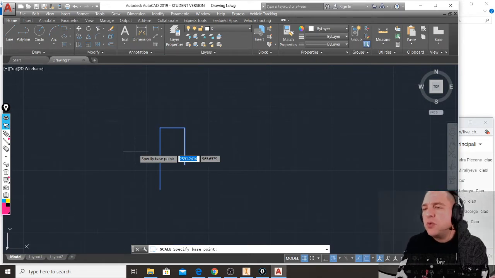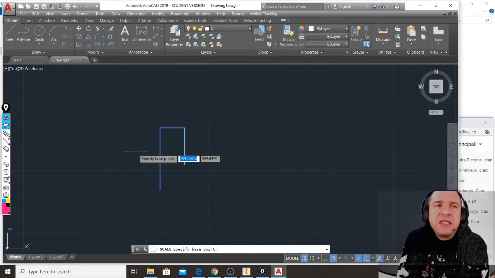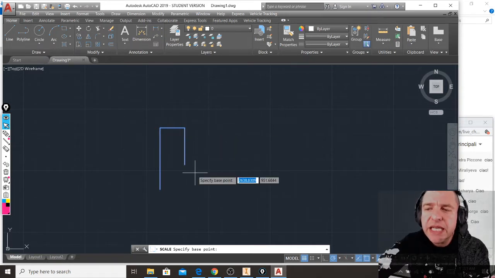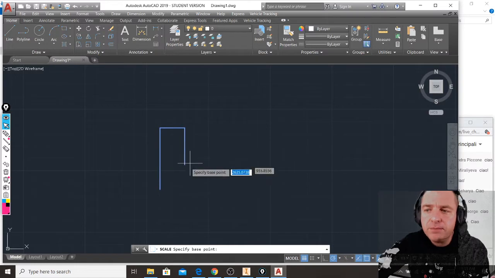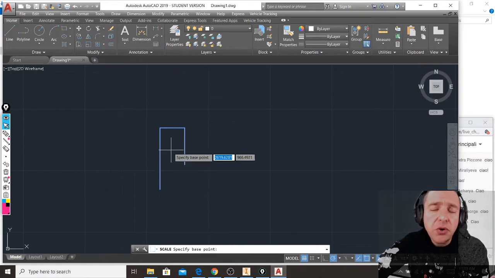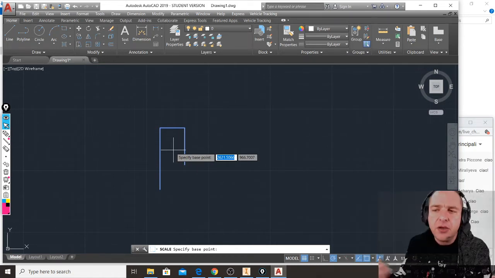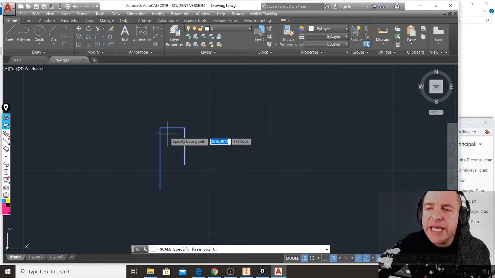In general, when you use scale, you can place your base point wherever. It is just a common way to use scale, simply to click a point that is more or less in the center of your selection. Again, this is not mandatory, it is just a common way to use scale. So you click the base point,